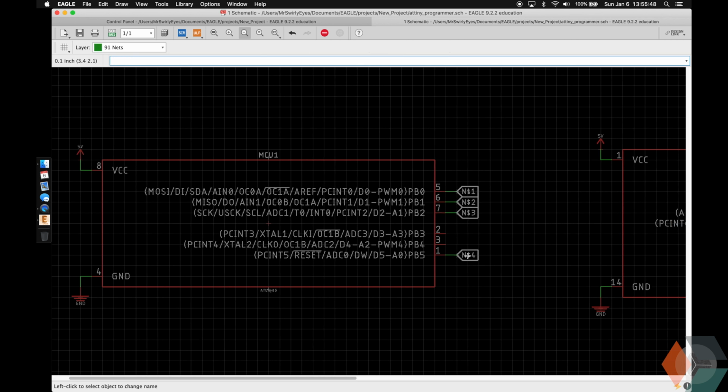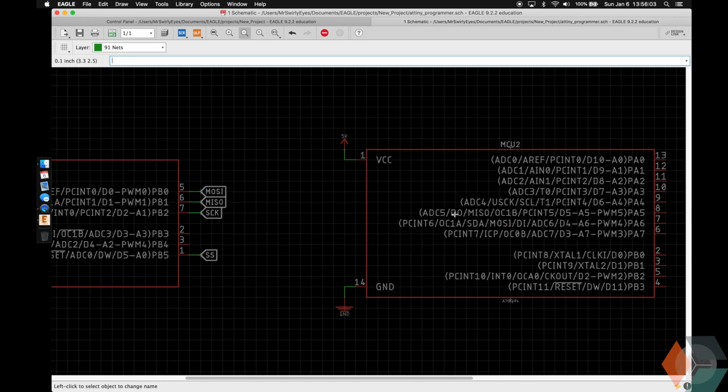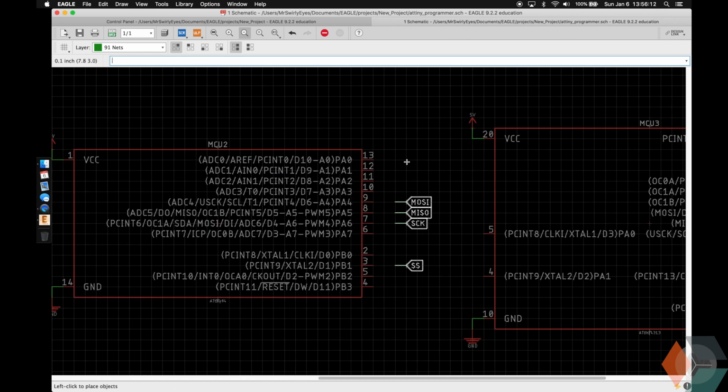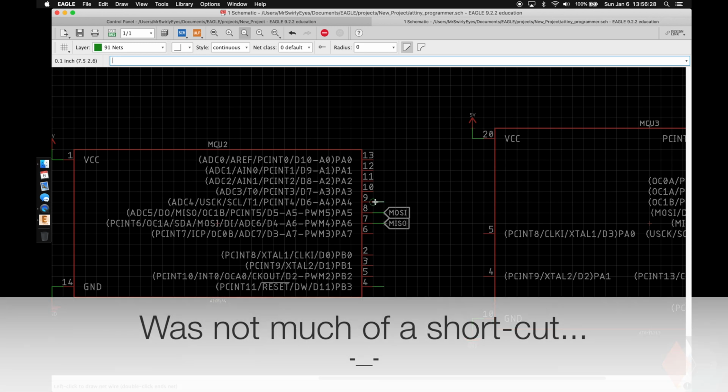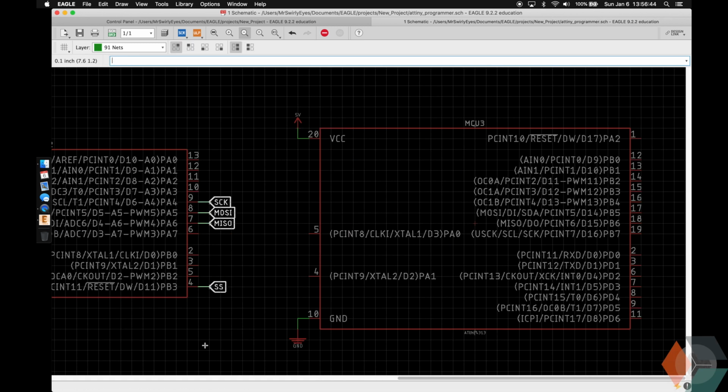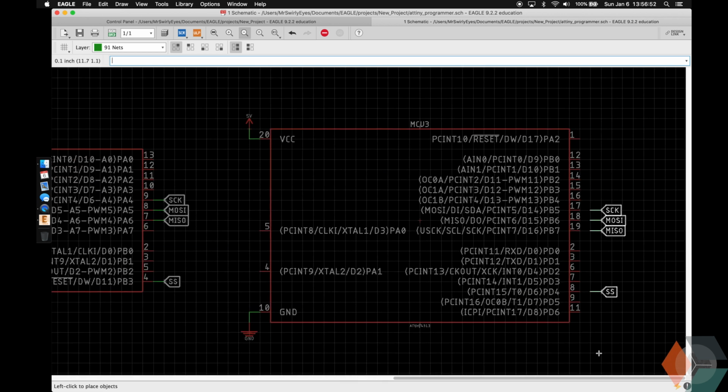So we're actually going to name this one Slave Select, and I'll show you guys why in a minute. This is MOSI, MISO. This is Master Out, Slave In, Master In, Slave Out, and SCK for serial clock. So we're going to want the same things on the other pins. So I'm going to do a little shortcut here. So I got 2 out of 4. And then for the ATtiny X313,